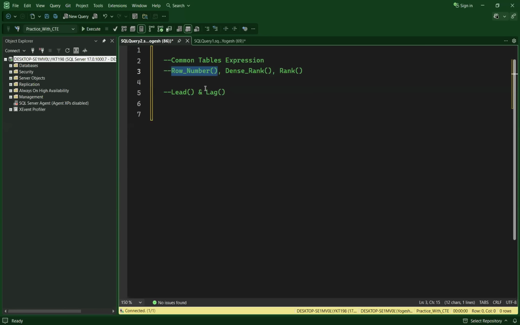In these kinds of scenarios, you will be using row number. Dense rank and rank, when to use dense rank and when to use rank? Dense rank you will be using whenever you want to assign the rank to the row wherever